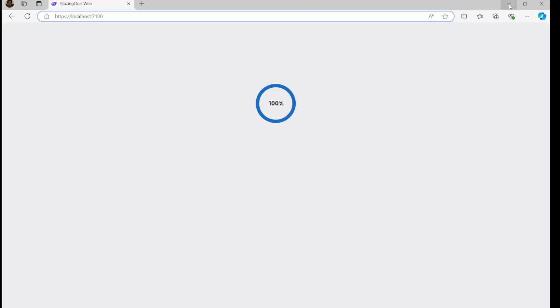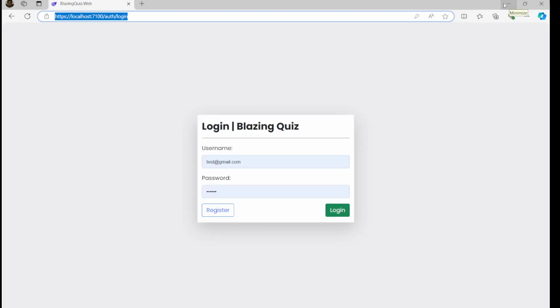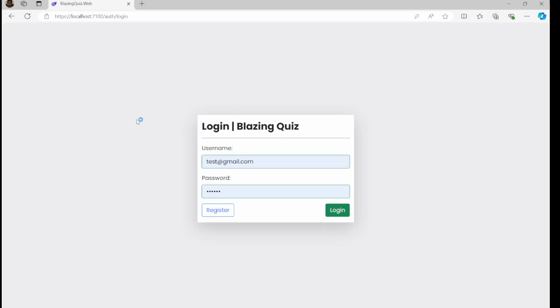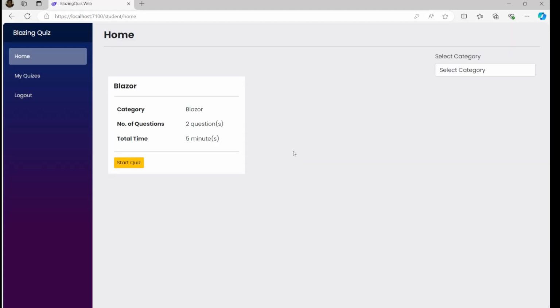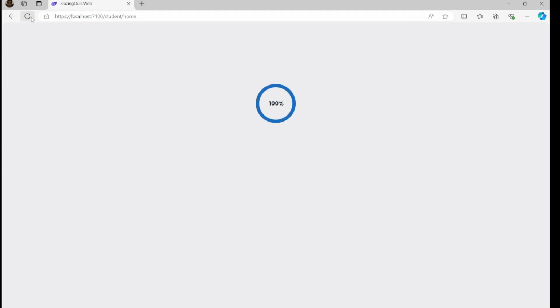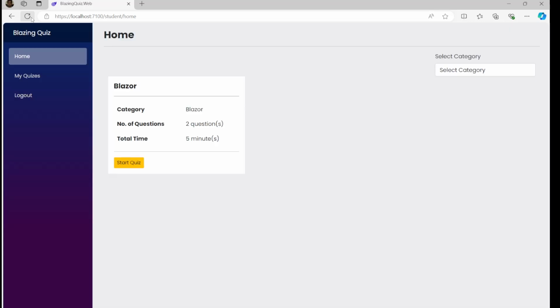API, and here we can see our login page. Let's try logging in. Now let's try to refresh this, and it is refreshing fine. That means our quiz auth state provider is working fine. We are able to save the data in our storage,